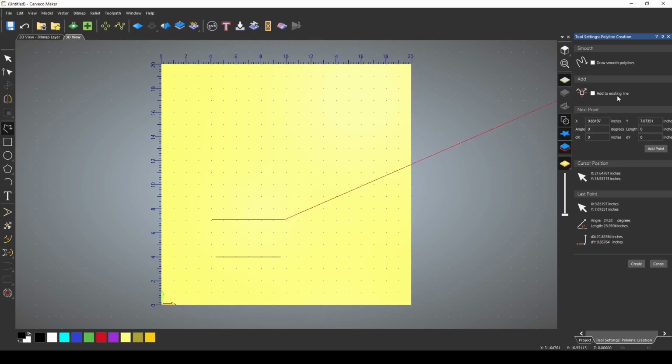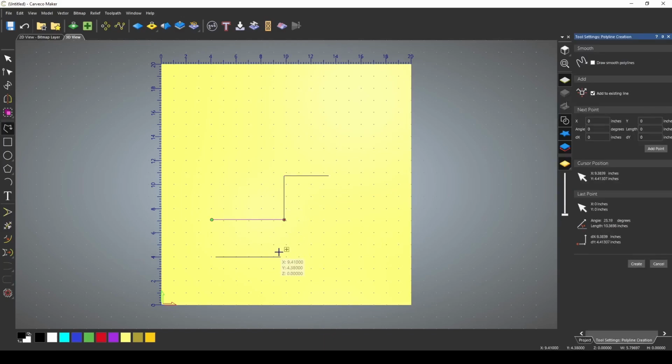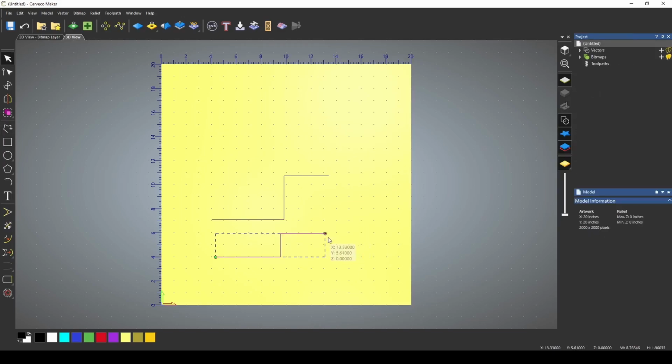Without the Add to Existing Line check marked, when I create my next line, you'll also notice that when I'm perfectly level, it gives me a circle with a slash through it. It also does that in the vertical position, so you get that for the vertical and the horizontal, and that lets you know that you're drawing a perfectly straight line. So without that Add Existing checkmark clicked, you can see that it created a vector line that did not connect with the original line. Had I had Add to Existing Line and I started and added a line, it would add to the entire line and make that one line.